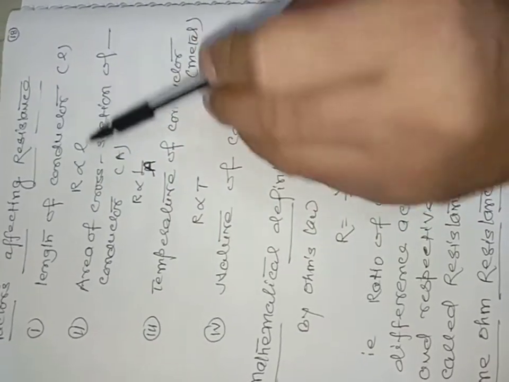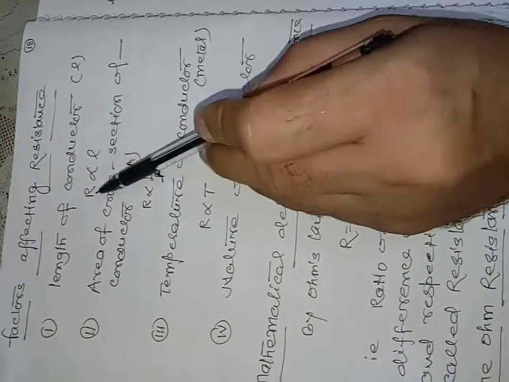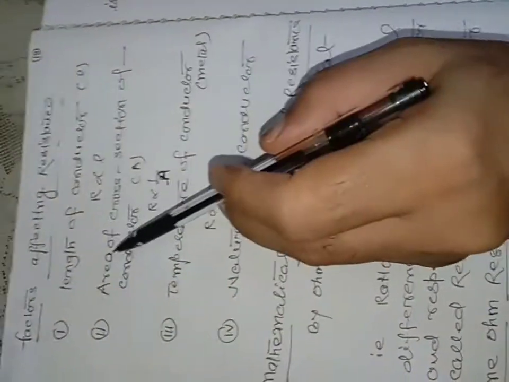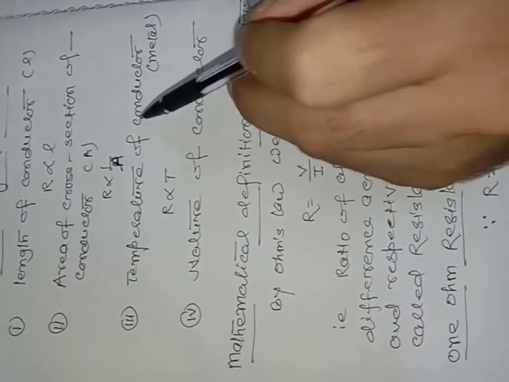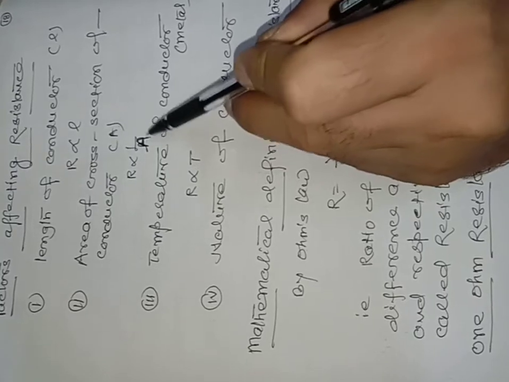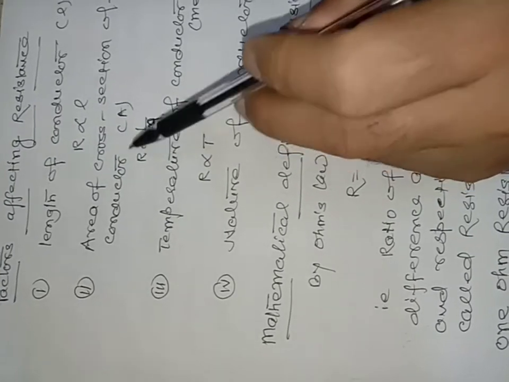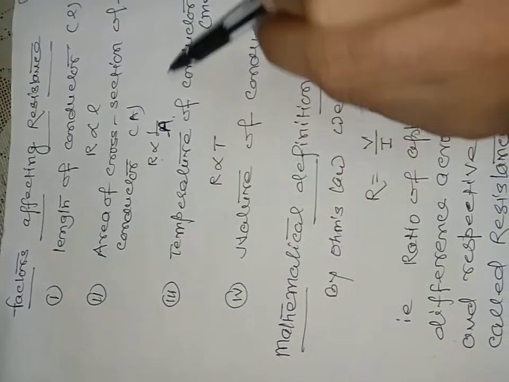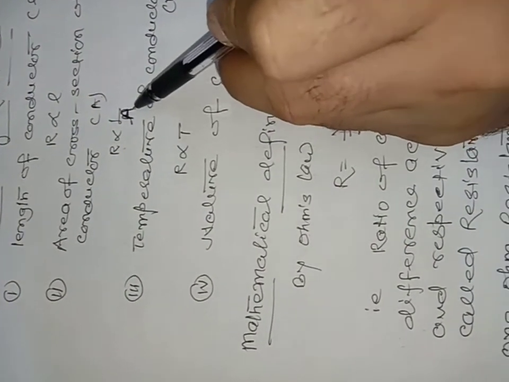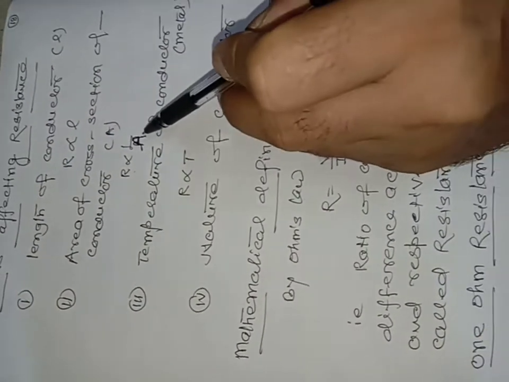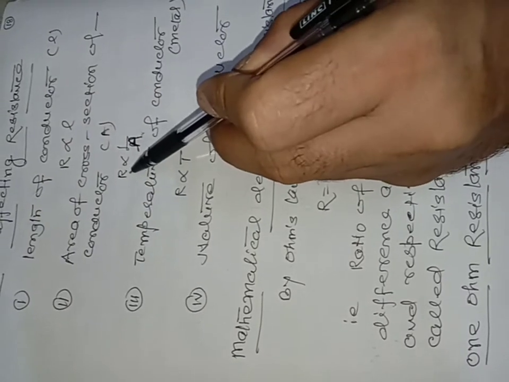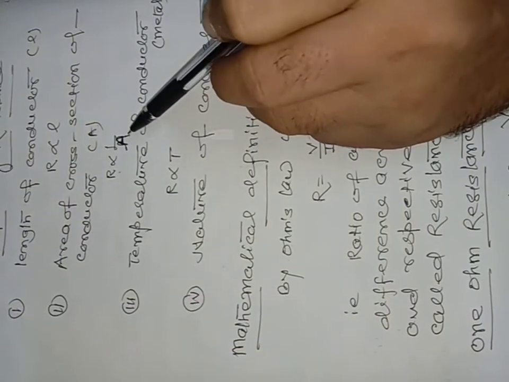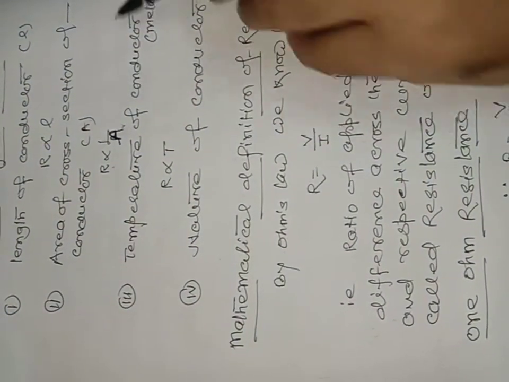These are the few factors on which the resistance of a conductor depends. Length of the conductor: if the length of the conductor is more, the resistance will be more, meaning resistance is directly proportional to length. Area of cross section of the conductor: if the thickness of the conductor is more, its resistance will be less, and this is the reason that for house wiring, the thickness of the wire should be more. If it is thicker, then its resistance will be less, so the loss of electrical energy will be less. So we should prefer thick wire for connecting wire.